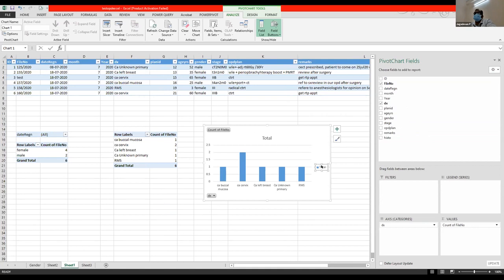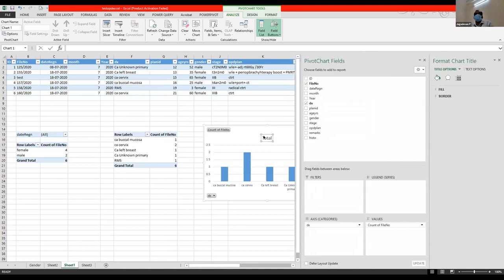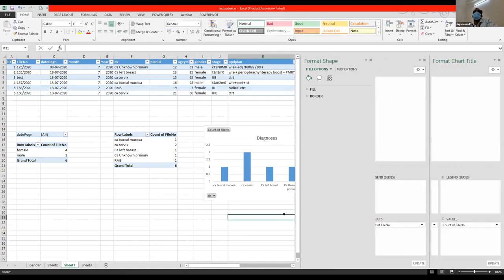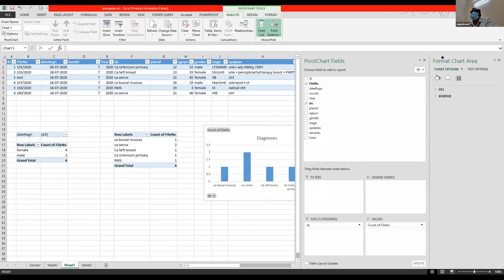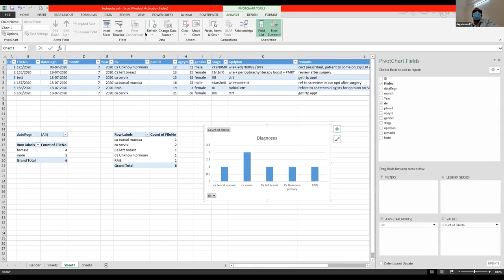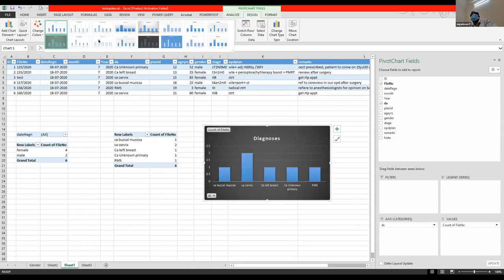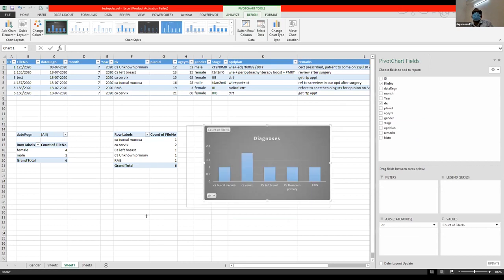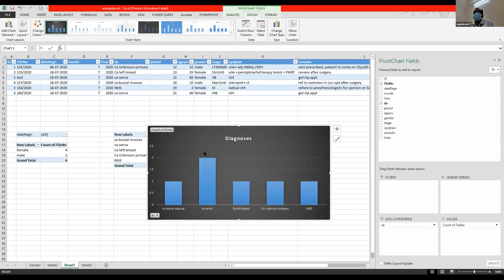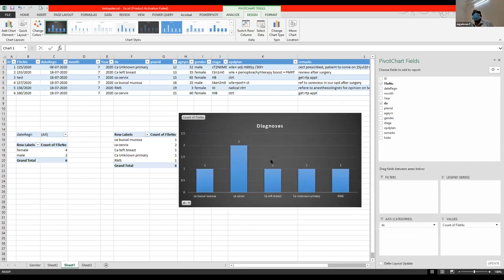Let me delete certain unwanted information, and let me call this diagnosis. All right, now that I have got a diagnosis box, let me briefly change the picture to another color. Go to design and change the color. Now you have got the distribution of the diagnosis. If you want the numbers to be listed up here, you can click here, add data labels, so the numbers get displayed over here. So this is a simple chart that shows the distribution of diagnosis for all the database